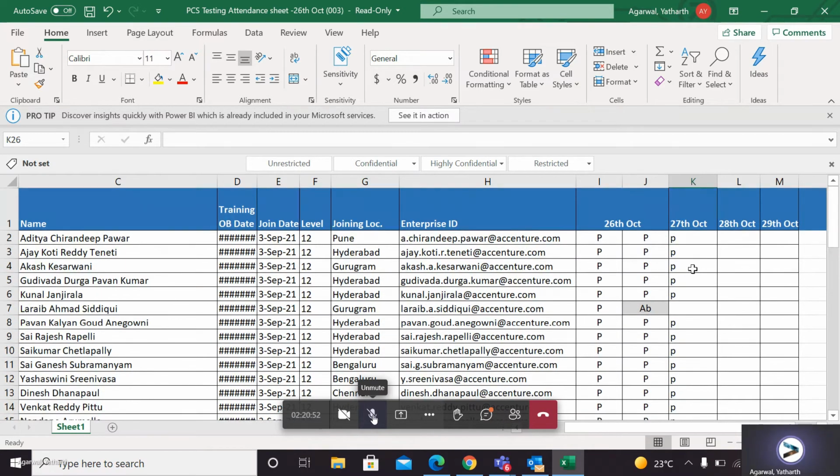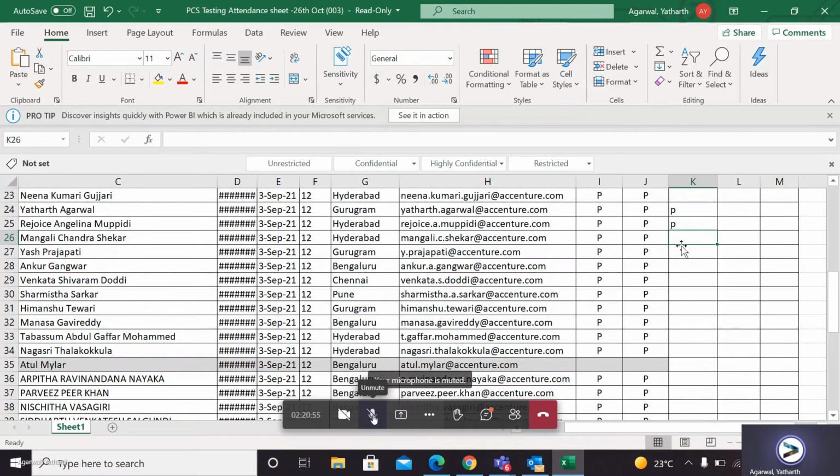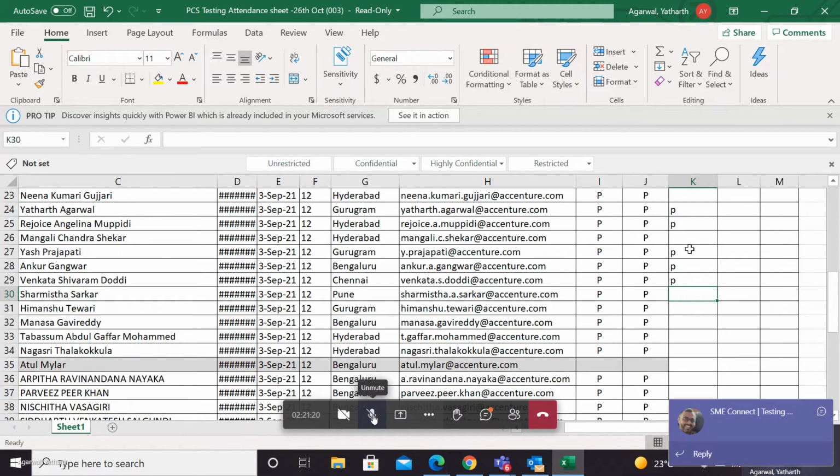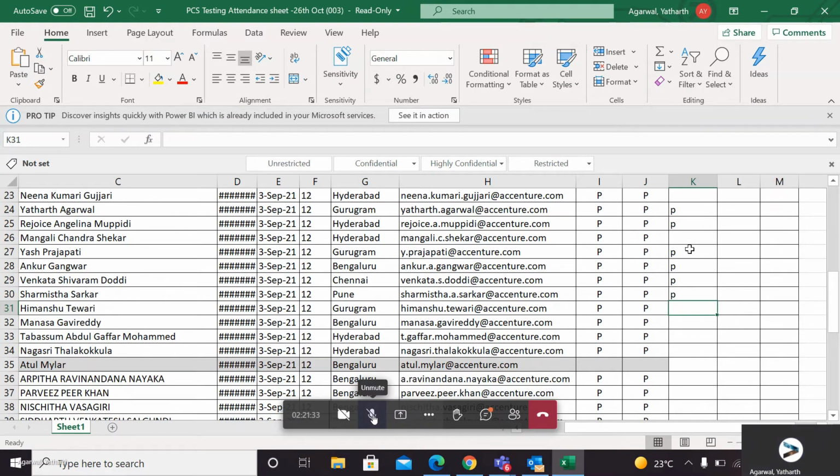Number 4 I've already marked. 27. Yatharth, can you be louder? 28, Ankur, present. 29, I am here. 30, present. 31. 32.